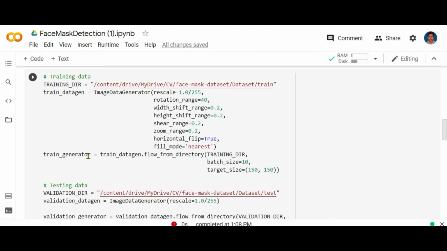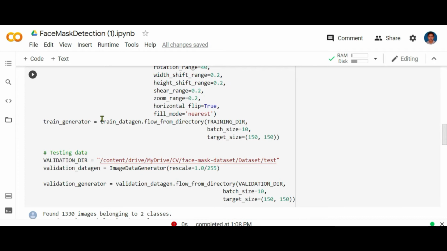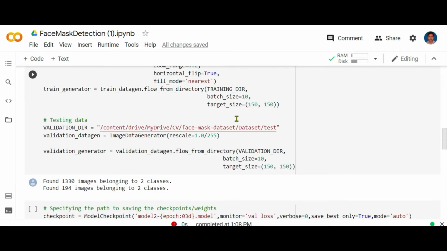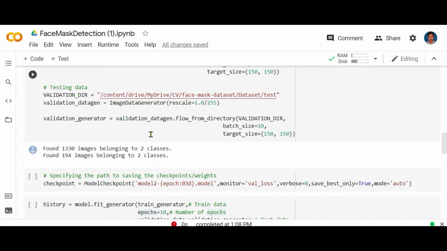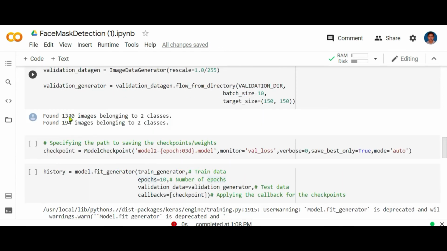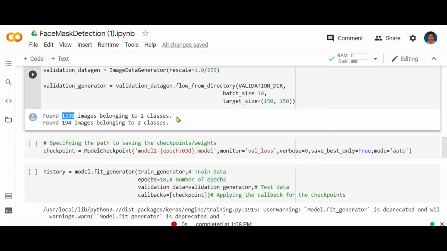And I have initialized this training data into the training dataset, and assigned it using flow from directory to the training generator. A similar method has been applied to the testing dataset as well. And we can see that there are 1330 images belonging to 2 classes and 194 images belonging to 2 classes.